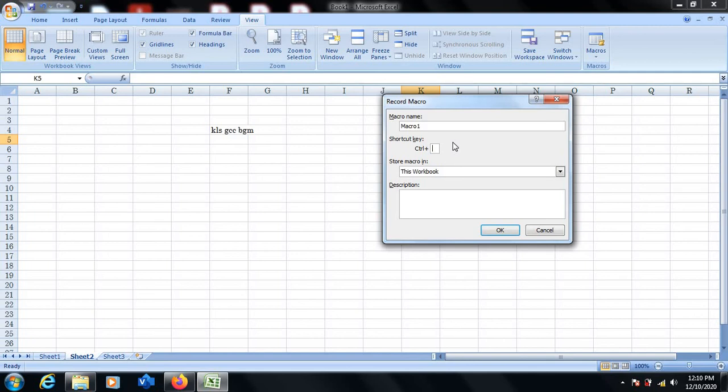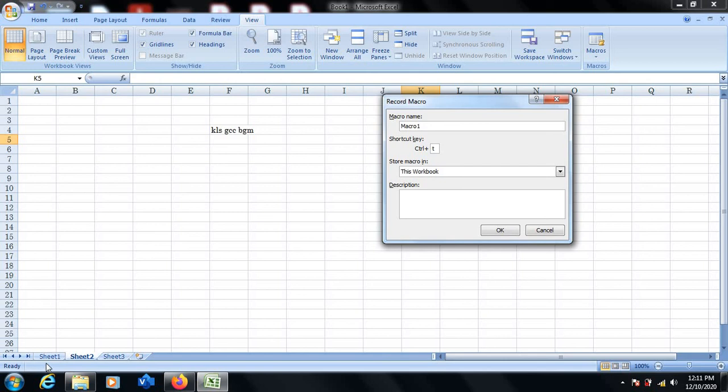Let me assign a shortcut key called Control T and store this macro in this particular workbook, or you can store it in the personal macro workbook if you have, or you can store it in a new workbook. Let me select to store this macro in this particular workbook. Any description is optional, if you wish you can give one, otherwise click on OK.